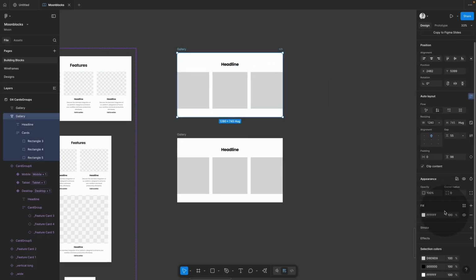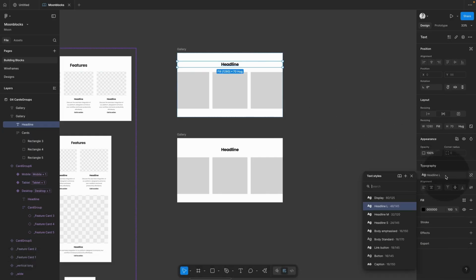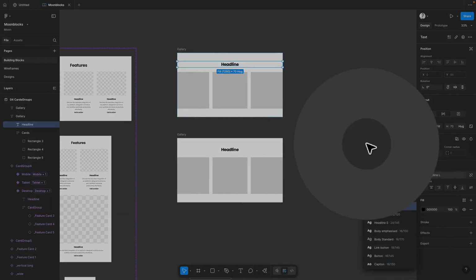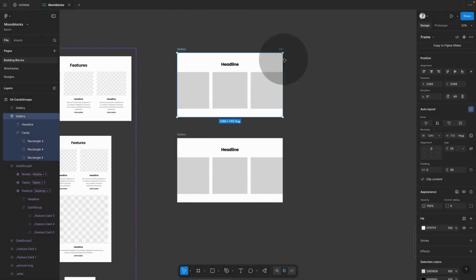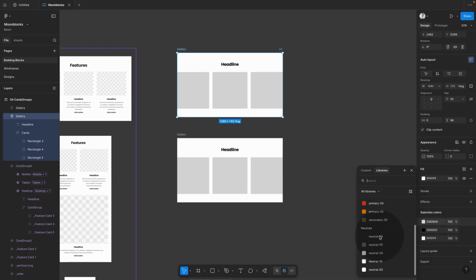So what I didn't do yet is I didn't check that everything is set up with styles and variables. So the headline, it automatically gave me a headline L, so that is fine. And now I just need to make sure that my colors are also variables. So here I'm just going to take this from the background. I think this should be